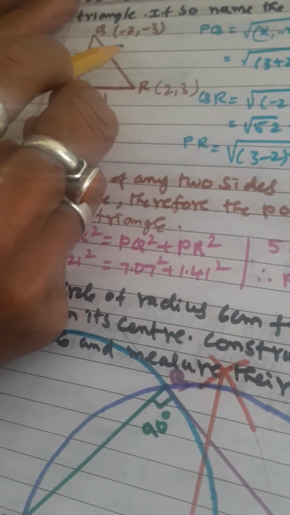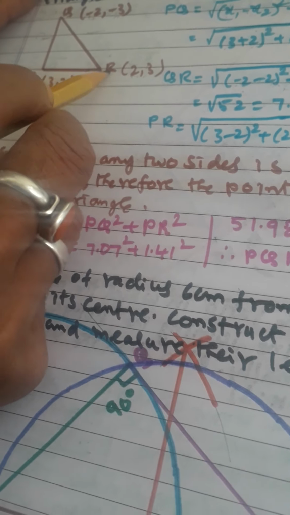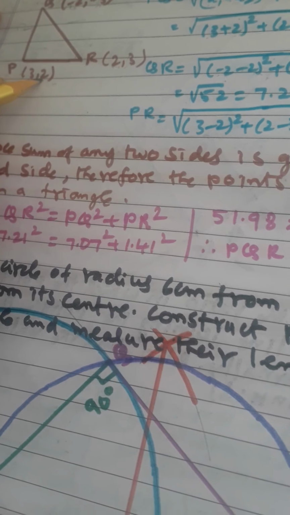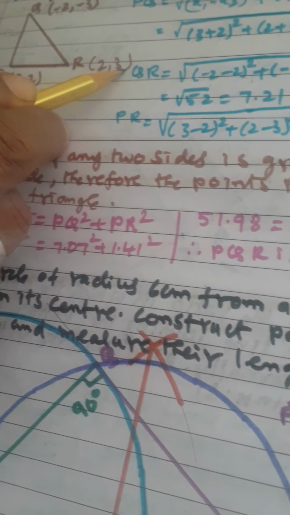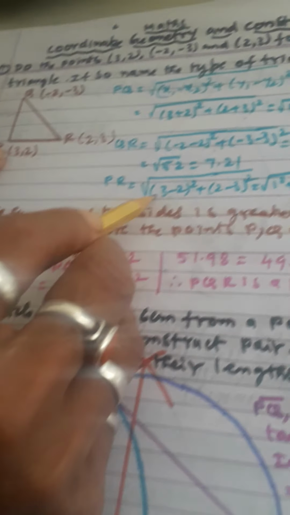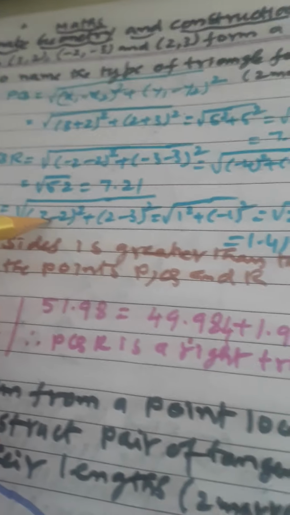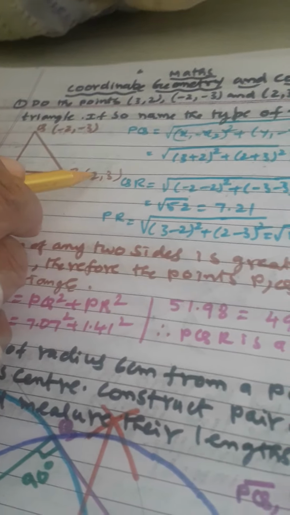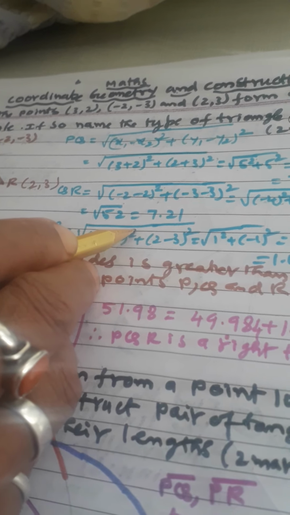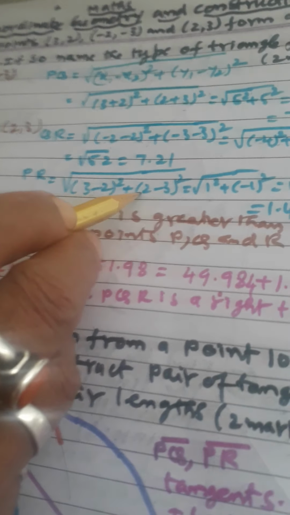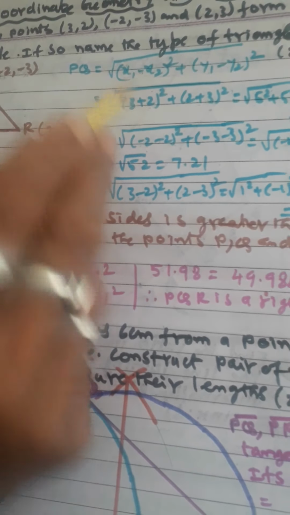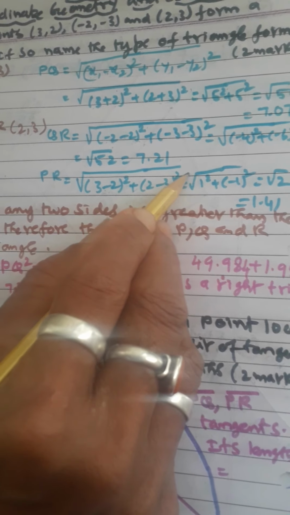Now this distance we have calculated, and this we have calculated. Now we have to calculate for PR. PR is in a similar manner. I am considering this as x1, this is y1, this is x2, this is y2. The same kind of formula is used there also. First x1 I wrote 3, minus, and here x2 is 2. Because it is minus, you get minus only. So 3 minus 2 whole square. Again plus y, y1 is 2 and y2 is 3, so 2 minus 3 whole square.